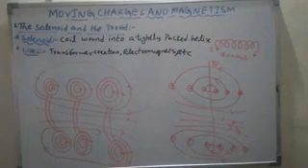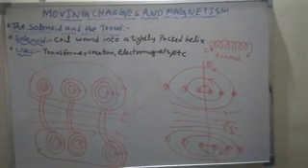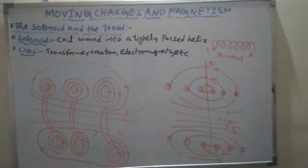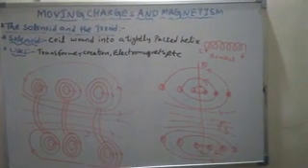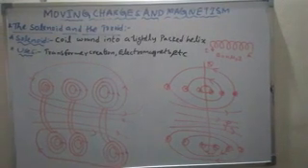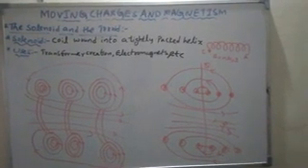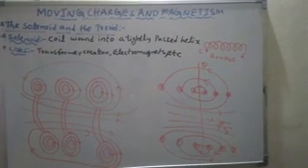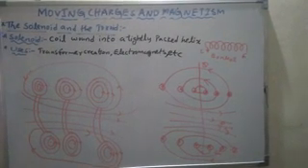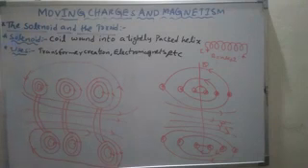Next we are going to understand the solenoid and the toroid. In the last part, what did we understand? Ampere's circuital law, correct? Right. Now in this class we are going to understand the solenoid and the toroid. So this is one more application of Ampere's circuital law. First we are going to understand what the solenoid is.